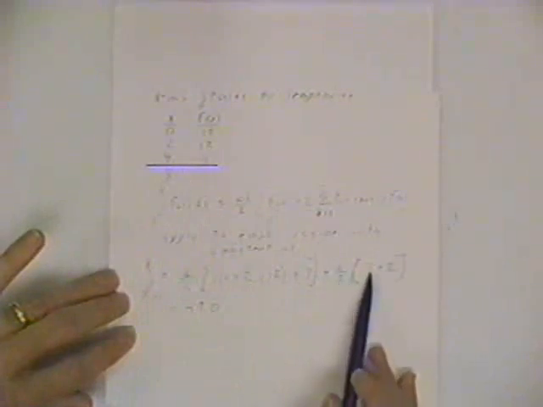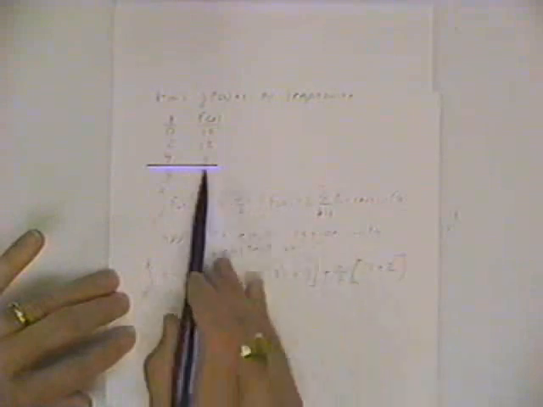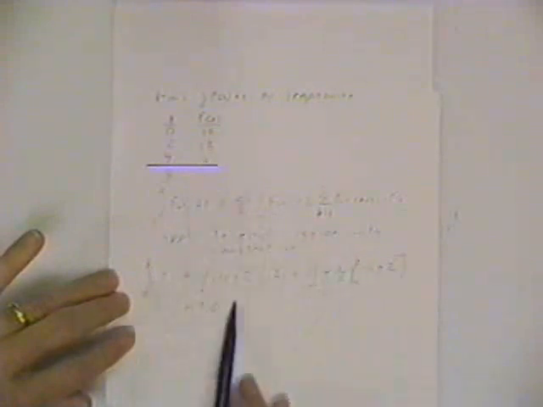delta x over 2 times the sum of the function evaluated at the start of the interval and at the end of the interval. Do those calculations and you end up with 49.0, which indicates that you do have different values using different integration formulas. All right, there's one other integration technique that